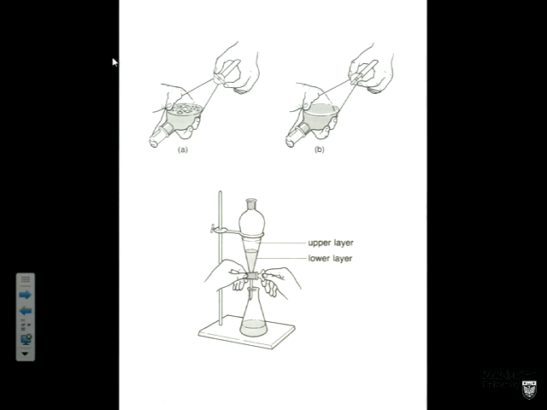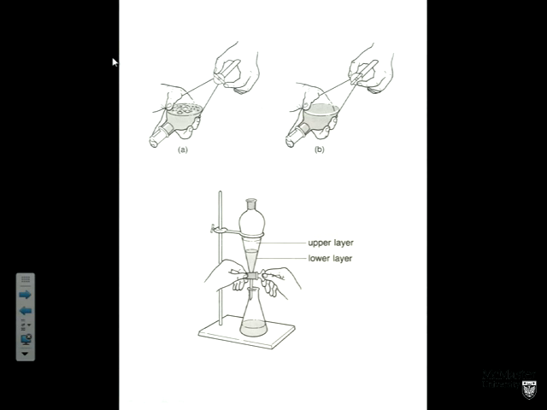So then we stand the sep funnel back up, and now we have our desired compound in one of the two layers, the upper layer or the lower layer. We pour out the lower layer through the tap. We stop right at the interface. The separatory funnel narrows towards the bottom. It's designed to allow you to just catch everything just before and everything just after the interface between the two layers. So we collect the two layers in two separate flasks,